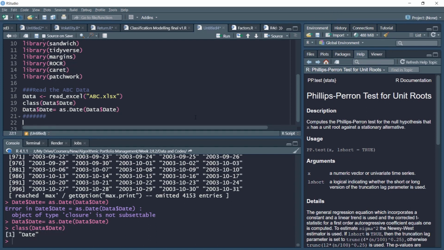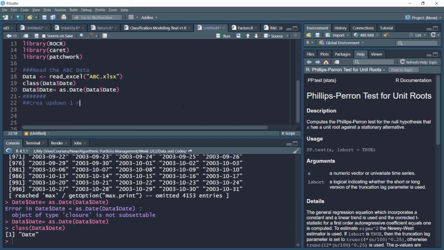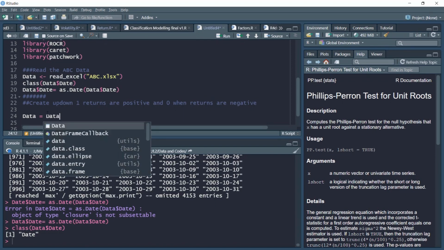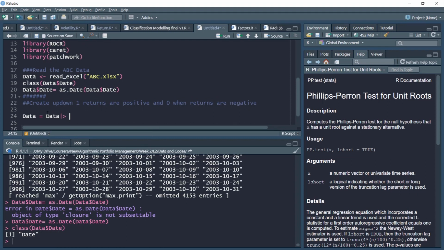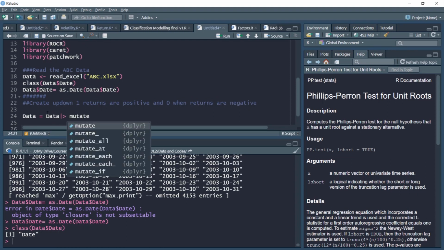Lastly, I need to create the up down variable. This variable should be 1 when returns are positive and 0 when returns are negative. So a very simple operation is needed to create this variable. Notice now we are working with tidyverse, so it's quite simple. I'll use this assignment operation. Then I start working in data. I request it to create through the mutate command